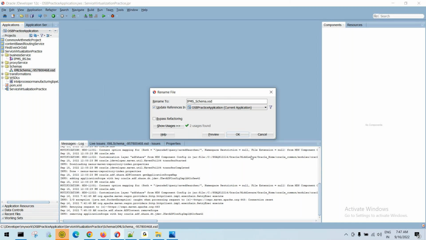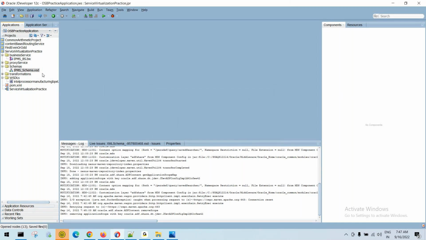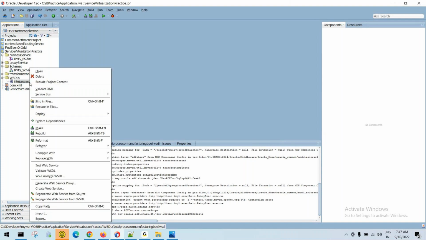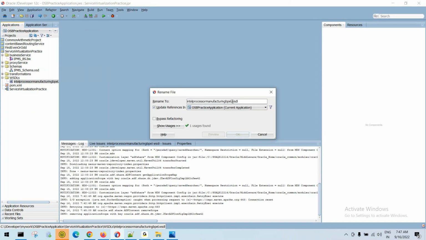Schema, IMPS schema.xsd. Done. And then I want to rename the WSDL as well. It's your choice. It's not mandatory to rename. I will say